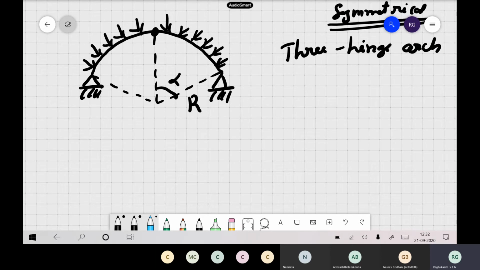Here also you can try, you followed, right? If anti-symmetric, then you can try to find out by the symmetric mode itself. So the symmetric load also you can calculate. Now, what type of buckling failure will there be for this type of arch? See, this three-hinged arch, whether it will break in symmetrical mode or anti-symmetrical mode.